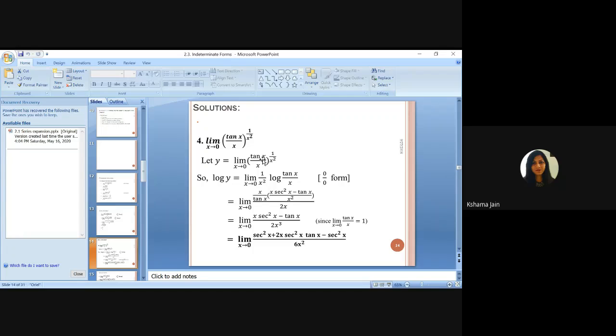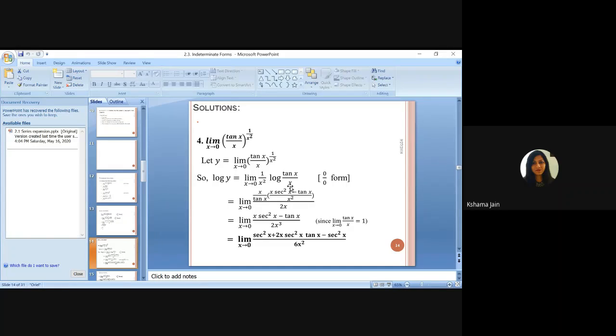So here, one more thing I need to mention. If the term is in the power, these kinds of problems are solved by taking log. It's your choice, you can differentiate directly, but it will be more complicated. So to avoid complication, we take log. We know that log m raised to the power n is n log m. So if I take log on both sides, this term will come before, 1 by x squared, log tan x by x.